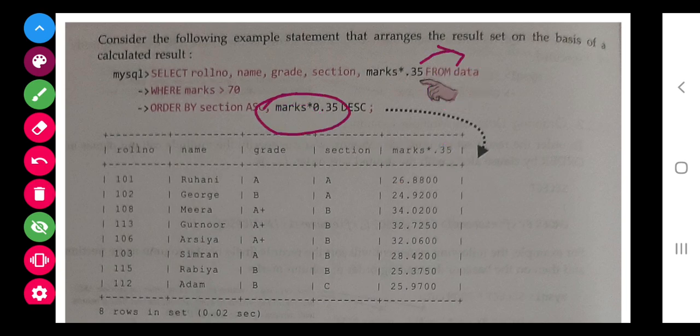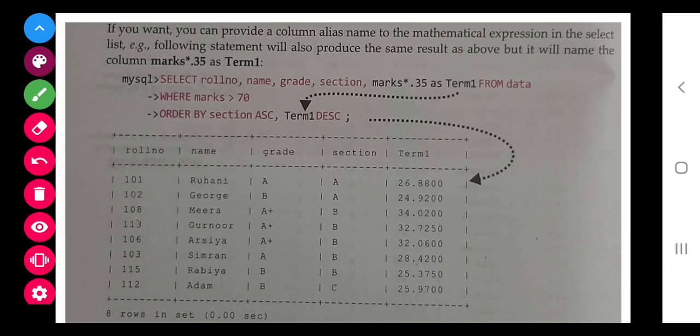In the next example the column name is given as term, so here they are not writing 35% of marks, they are writing term 1 directly. So that's the thing, the same result is coming, that's not a problem.